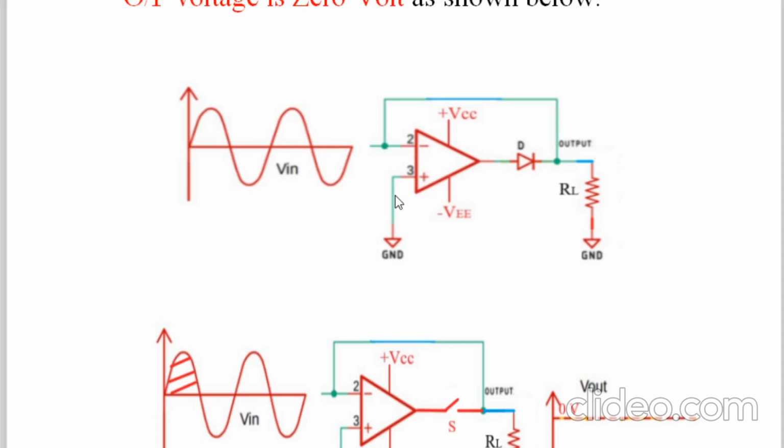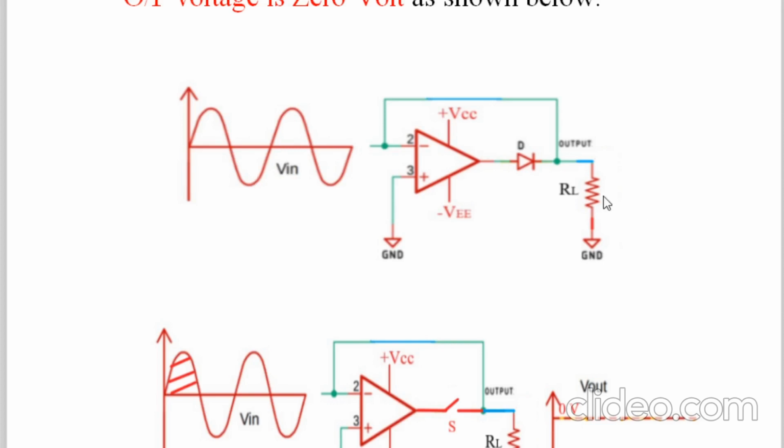So 0 is much more positive as compared to minus 1 volt. Minus 1 means below 0. So here, for the entire negative half cycle, the voltage at non-inverting remains positive, and therefore the output of the op-amp is forced into high voltage level. The diode starts conducting and current flows through it, and therefore it is said that this negative half cycle will come to the output.